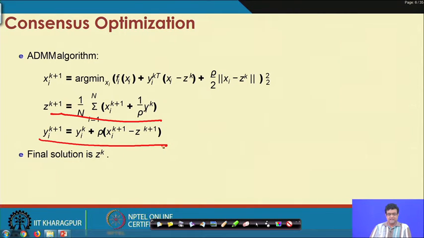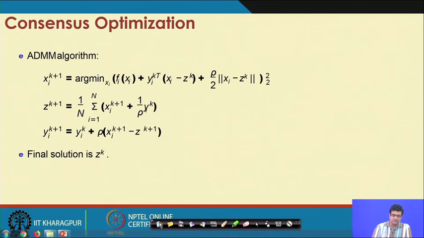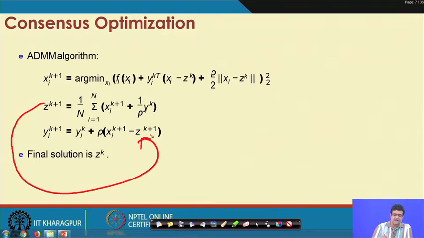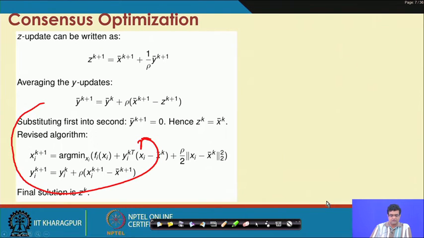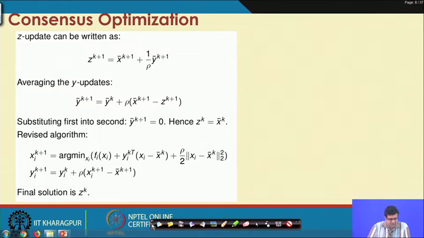So, this is your ADMM iteration, and actually you can further simplify this, because now you can just substitute this z back to here. If you do this substitution, your y update just becomes something like this.